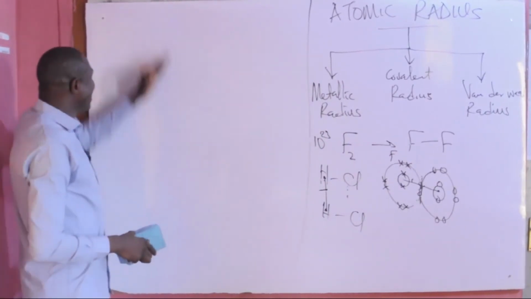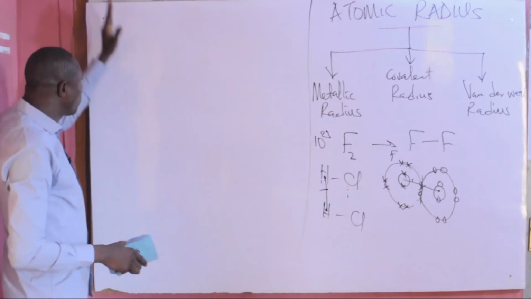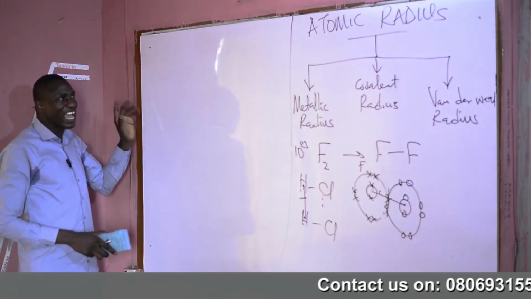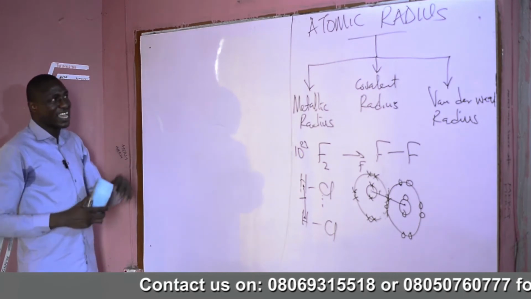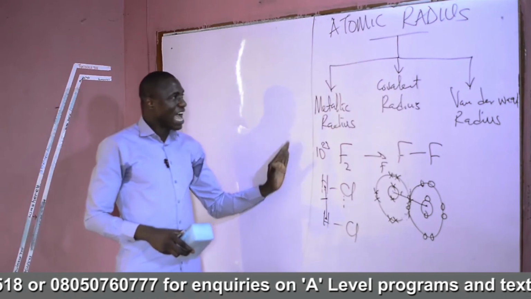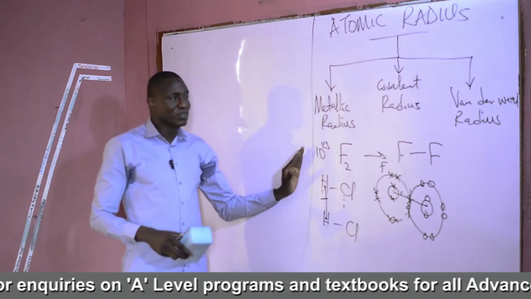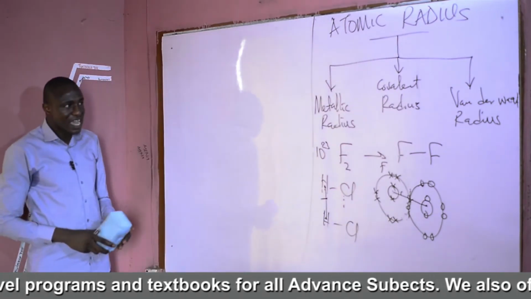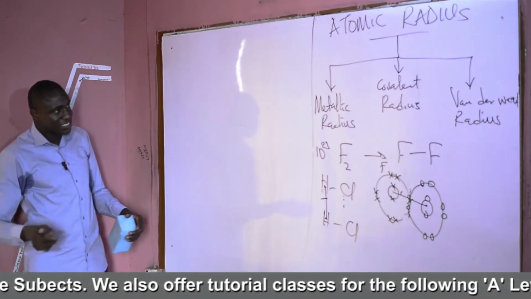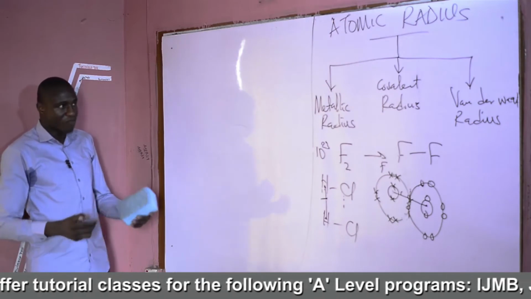So that means in any period of the periodic table, the group 1 elements, which are the first members of any period, usually have the largest size and the highest atomic radius, while group 17 usually has the least atomic radius or the smaller size. And what's responsible for that? Nuclear charge and increase in electrostatic force of attraction.